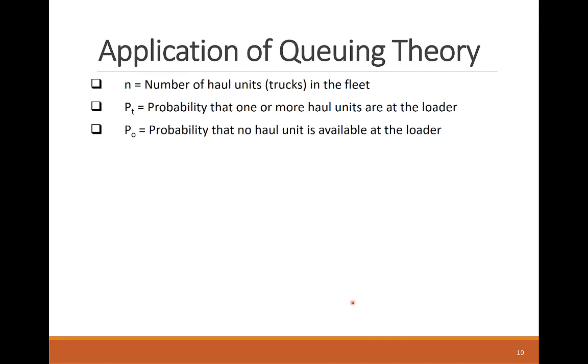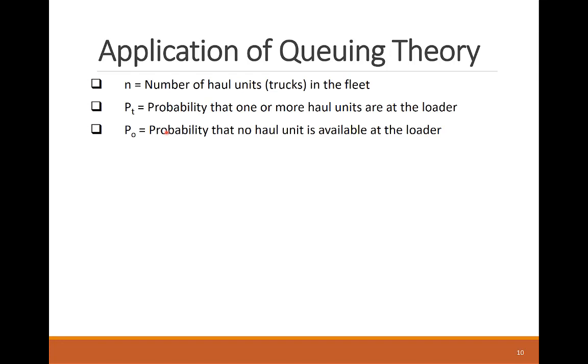Let's agree on some notations and relations related to the application of queuing theory in whole operation design. Variable n is the number of the trucks in the whole crew or fleet. Pt is the probability that at least one truck will be available to be filled by the loader. Po is the complement of Pt, which refers to the probability of having no truck at all for loading